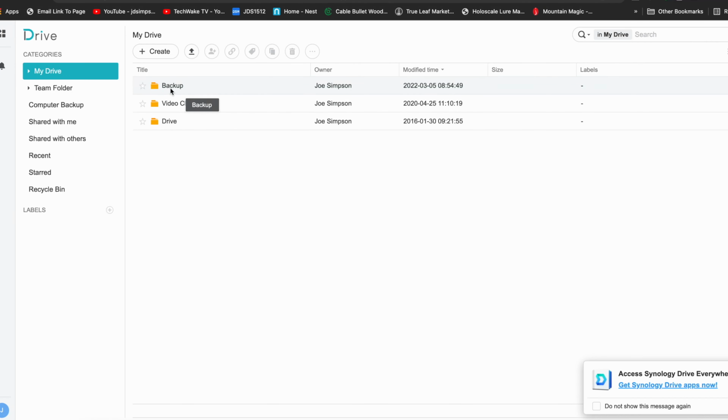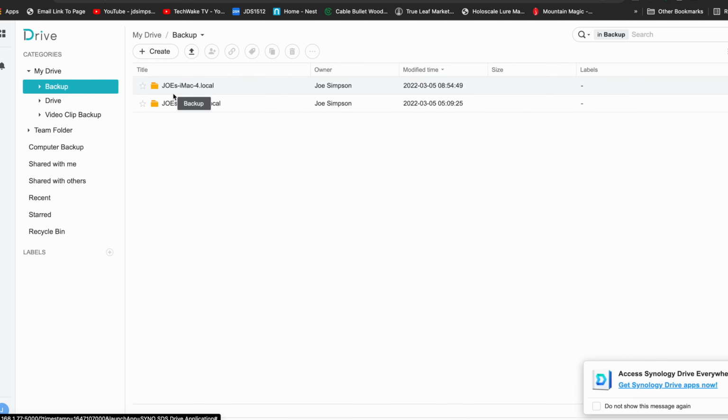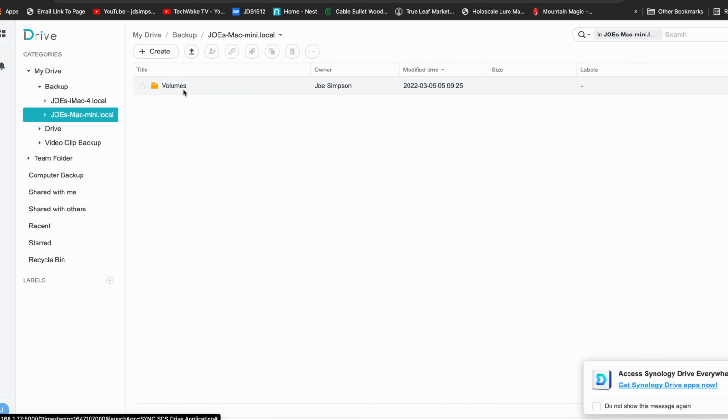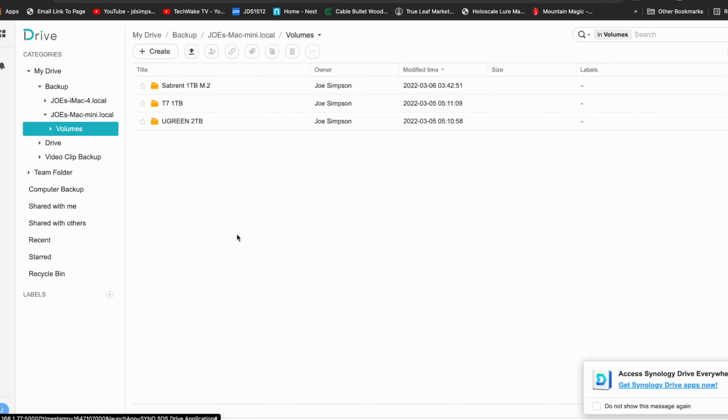So for example, I have this Mac Mini that I work off of, and I dump all these videos and these recordings onto, and I can go in here to my backup to my Mac Mini, and I have 1, 2, 3 drives that back up to this Synology NAS every night at 2 o'clock. So even if I ruin a card, mess up a camera, something goes wrong, I have these hard drives backing up. Or if one of these drives fails, I have at least some sort of a recent backup of these hard drives to go back to if I need to.